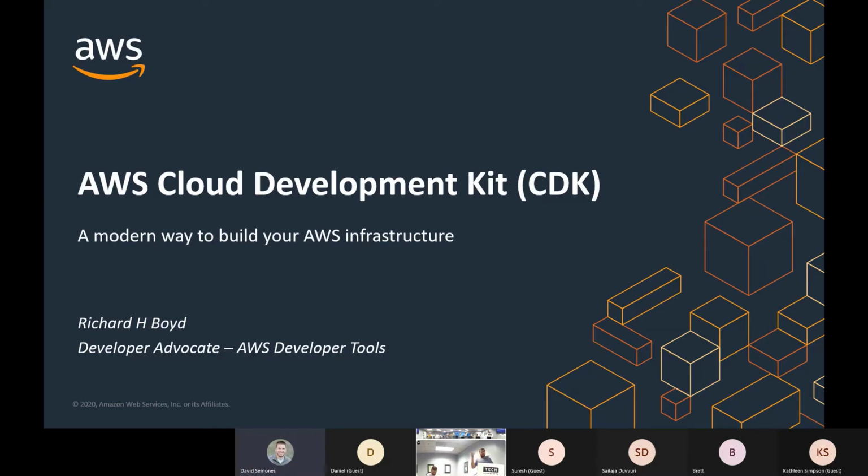But yeah, so I'm Richard Boyd, I cover developer tools. This includes our entire Code Suite services. So this is things like AWS CodeBuild, CodeArtifact, CodeCommit, all the DevOps tools developers use every day. That includes our SDKs and tools, so that you can interact with AWS in your programming language of choice. Our IDEs and toolkits, so if you want to use VS Code, IntelliJ, any of the JetBrains IDEs, Eclipse, we have toolkits that integrate with those IDEs and let you interact with AWS, so you don't have to leave your IDE. We also offer our own cloud-based, web-based IDE.